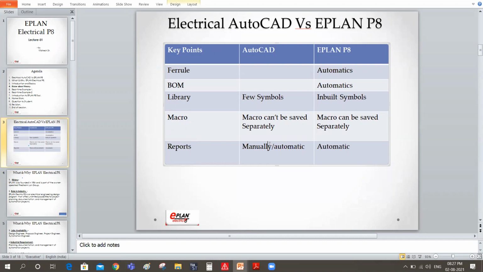Like that we have in ePlan a template structure. In AutoCAD you have a functioning like a template function, but very limited. From that point of view you will not understand any project in terms of planning. But in ePlan P8 you will have that structure. I will just show you how that structure looks.